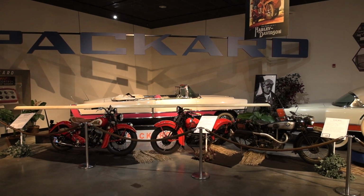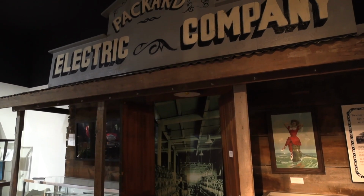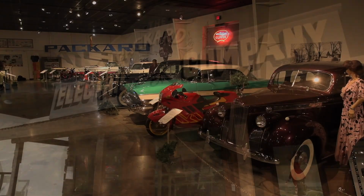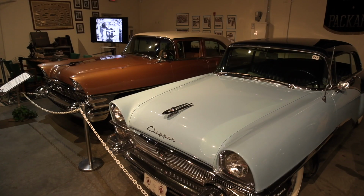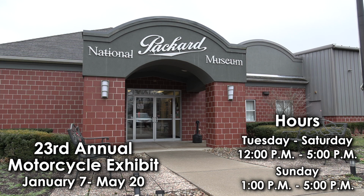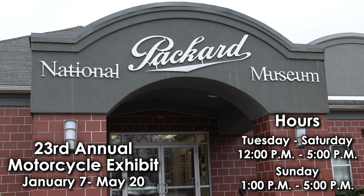Plus, we have all the Packard information here. We have the history of the Packard family, Packard Electric, and of course we have all the Packard motor cars still in the museum. So lots to see, lots to learn. Great place to visit. We're open noon to 5, Tuesday through Saturday, 1 to 5 on Sundays, and the exhibit